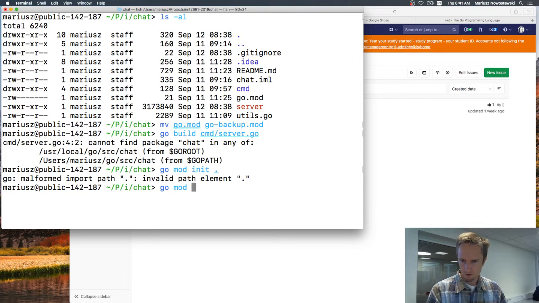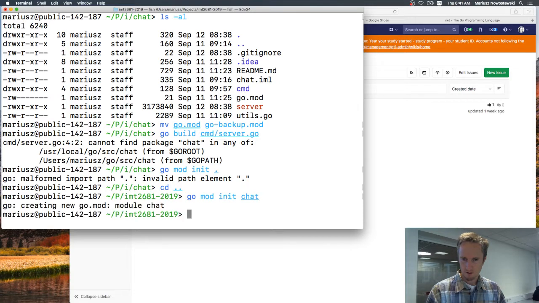Or that doesn't work because I don't have the path. So let's try going from one level up. So go mod init chat. Right, so you go outside of your project and then you say initialize the modules for my chat project, right? So now if I go to chat and I cat